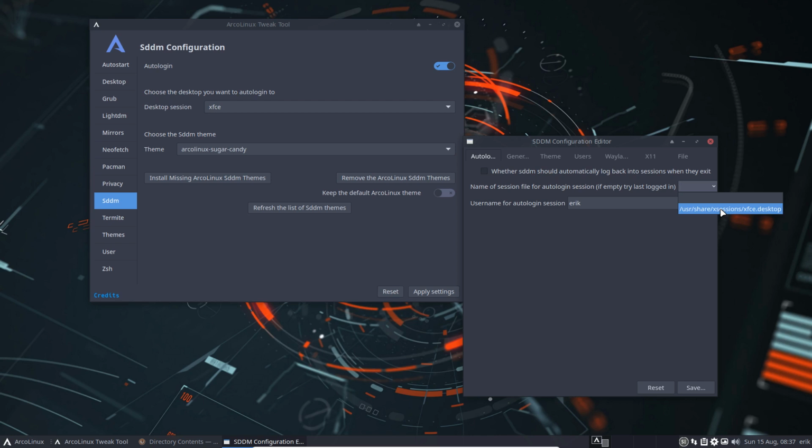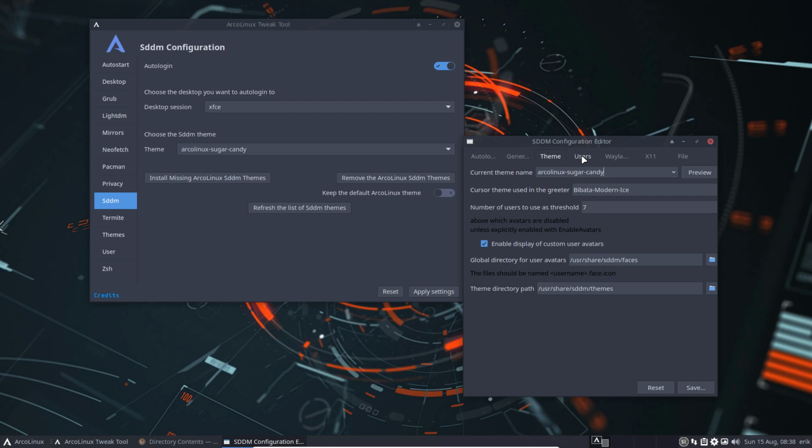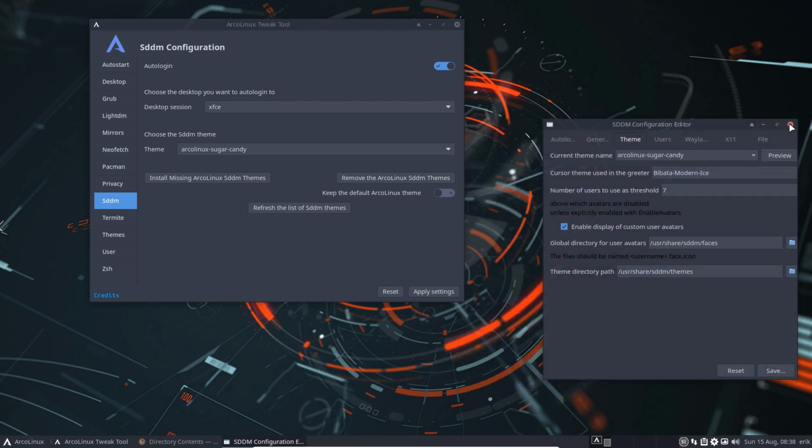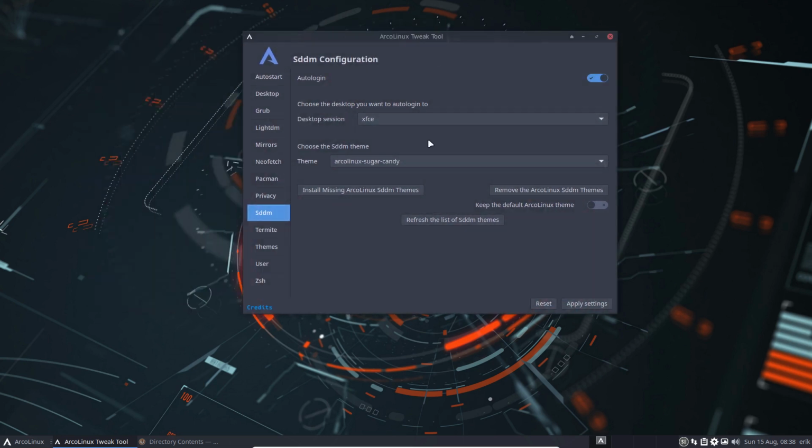So if you have different desktops like XFCE and BSPWM and Herbstluftwm and Awesome, and you want to switch the default auto login session, it will not work, right? Because it's going to write a path. It shouldn't be writing a path. It should be writing XFCE, Plasma, Cinnamon, right? So that has been like that for months. I've reported it and still no change there. So we're thinking about losing that package and going for our own configuration,